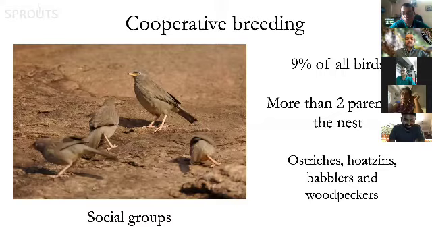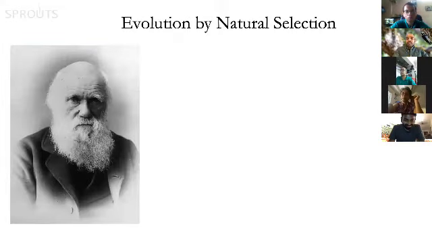So ostriches, hoatzins, which are these really, really crazy birds that live in the Amazonian rainforest, the only leaf-eating bird in the world, hoatzins, babblers, woodpeckers. There are an endless number of birds around the world that live in family groups. So the problem with that is that